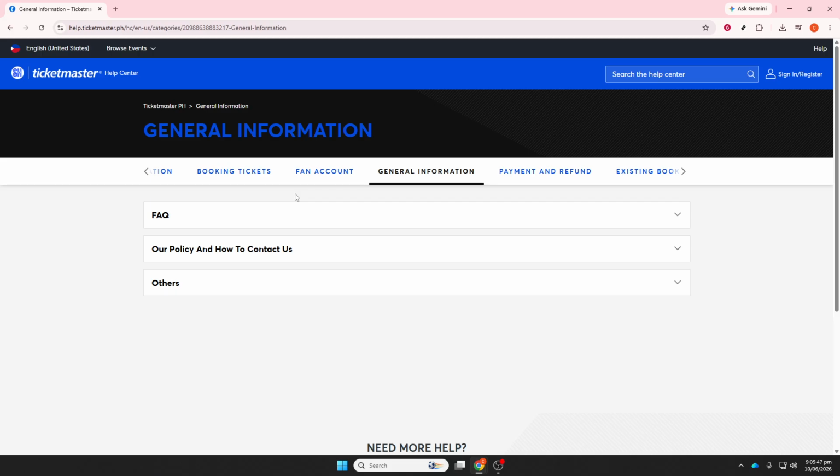Before publishing the listing, review all the details carefully. Check the event, the ticket quantity, and the selling price to make sure everything looks correct. When you're ready, click List Tickets or Submit Listing to make your resale listing live. After that, all you